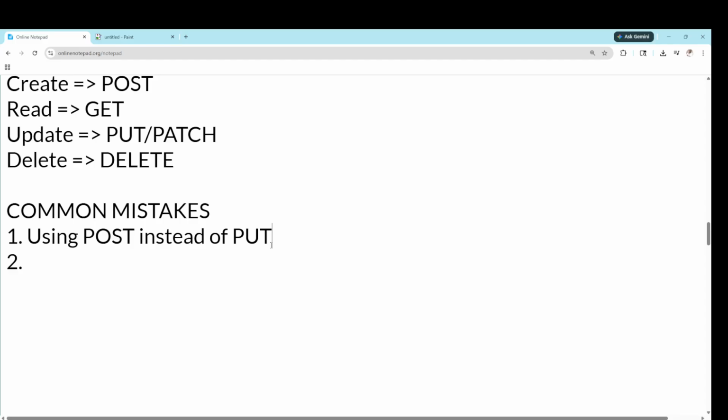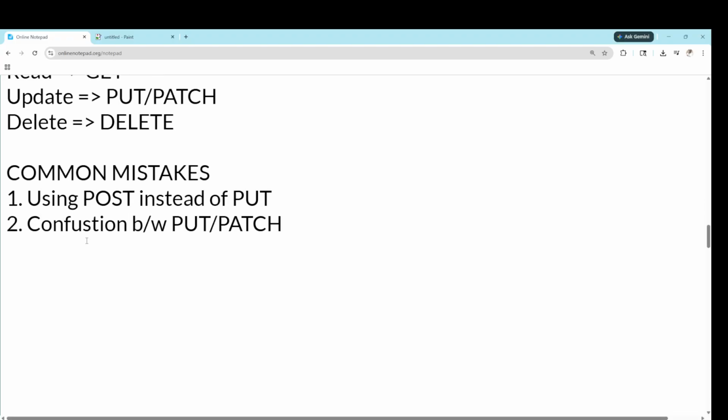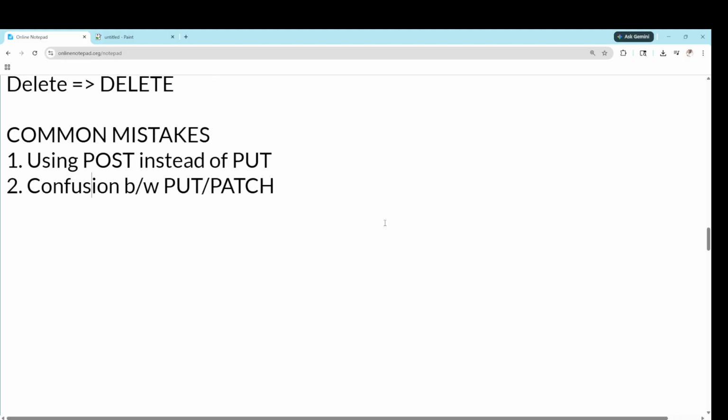And the second mistake is that beginners mainly always have a confusion between PUT and PATCH. Usually freshers always have this confusion.